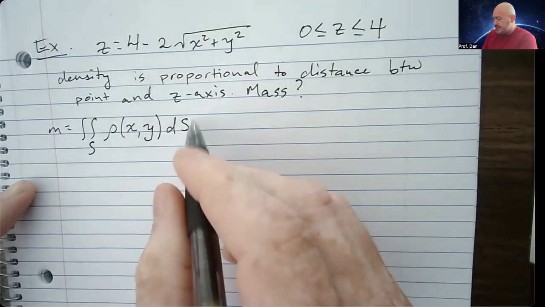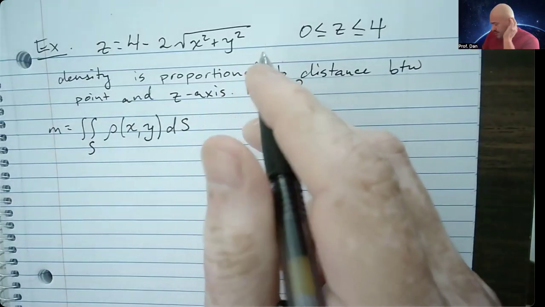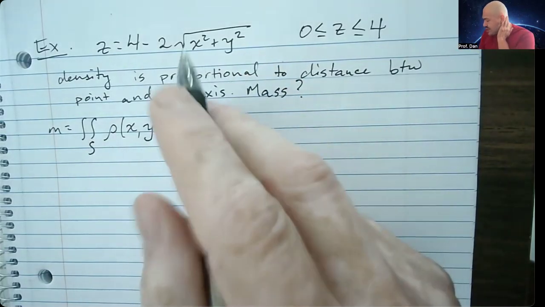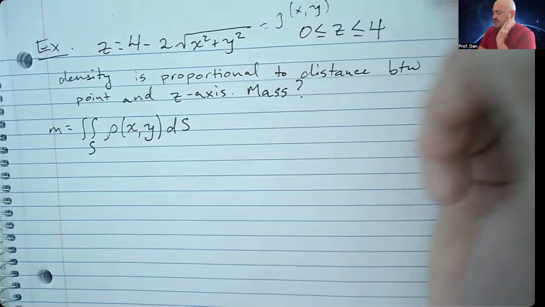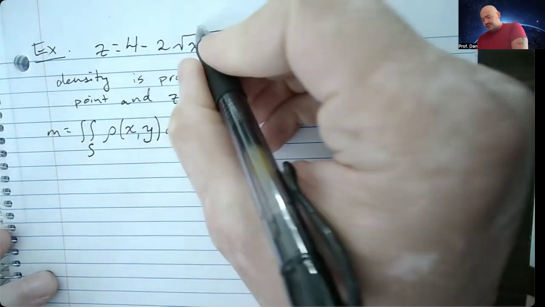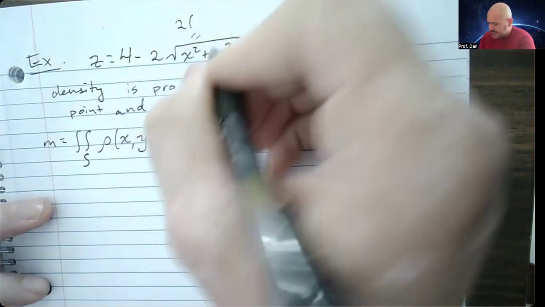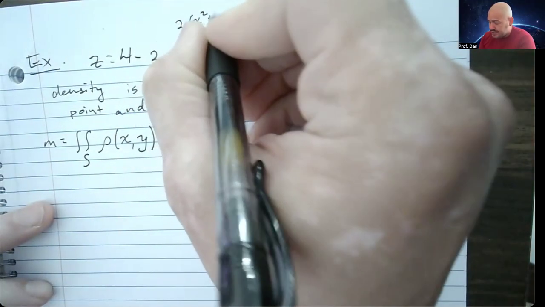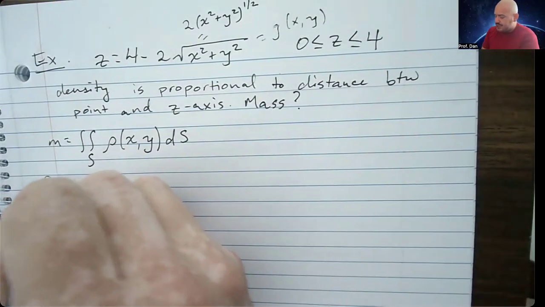So I have a couple of things I need to do. First off, we're lucky that z is already isolated for us, so we don't need to do anything with regard to that. This is already our g of x, y that we're going to differentiate to rewrite the differential dS. Unfortunately, the derivative that we have to take here is a little bit more involved than what we did in the last example. To remind you, whenever you have a square root, you can always write the root as a power. Square root we can rewrite as the power 1/2. So when I go to find my partial derivatives,